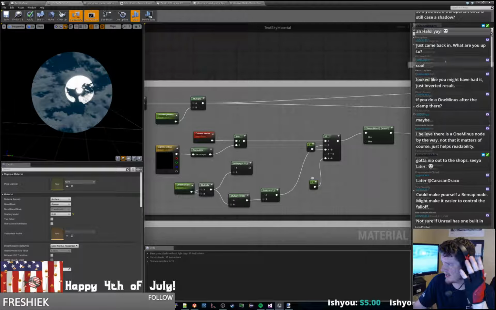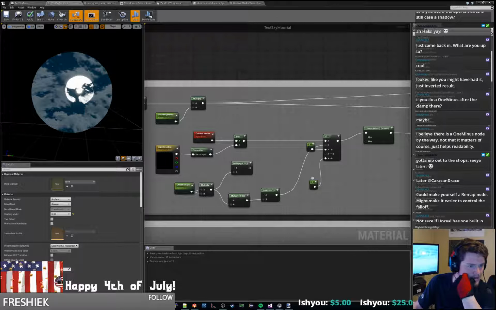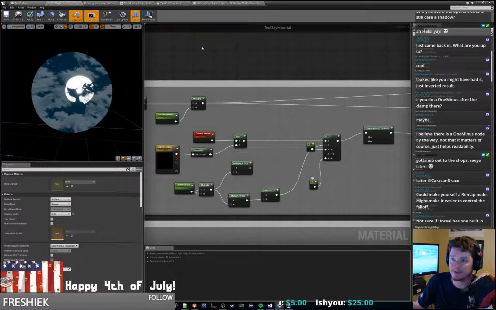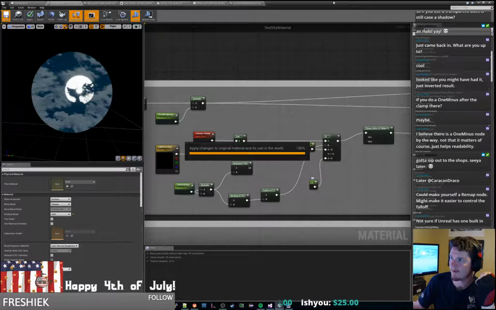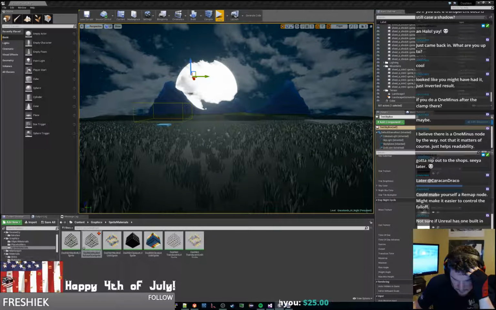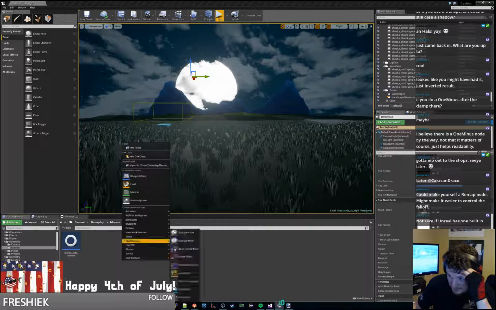So let's see, can we actually add different nodes to this thing? Let's see. Inside of our macros or whatever, we have gameplay, we have macros. Can we make like a